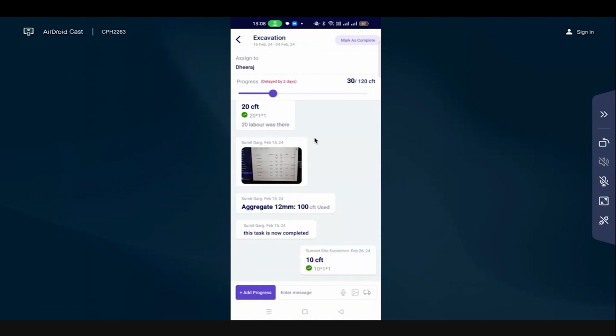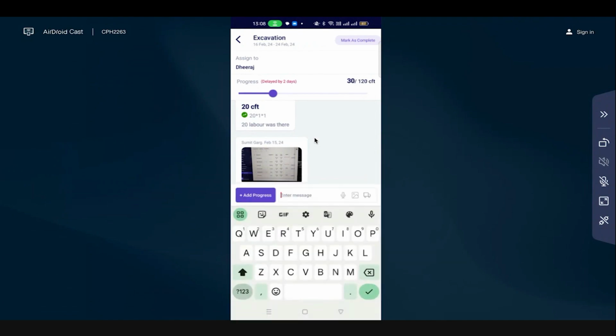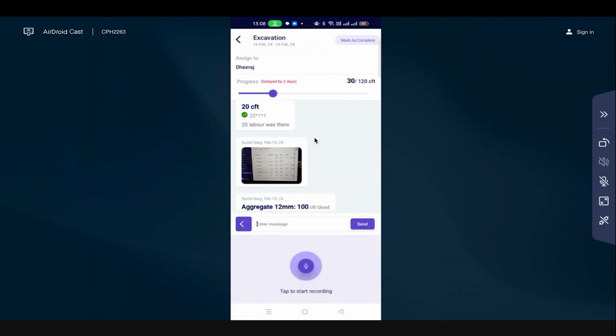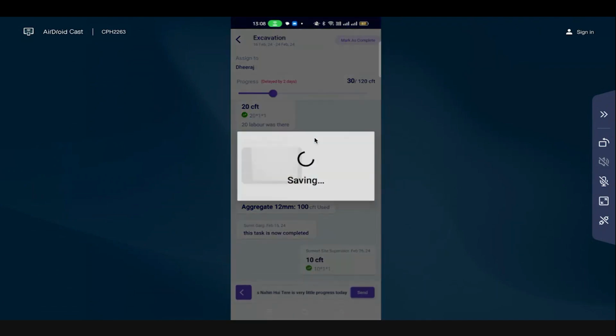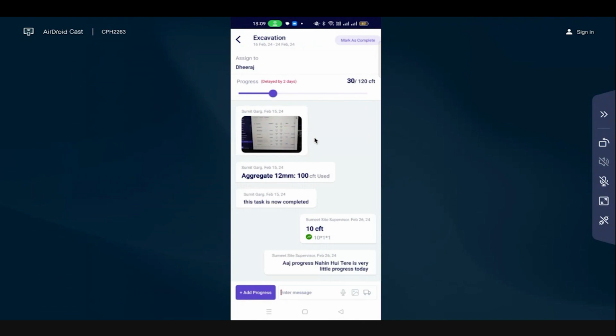And if he wants to record a message, he can also record a message. For example, clicking here, आज progress नहीं हुई. There is very little progress today. And he can just click on send, and this way he can update the daily notes